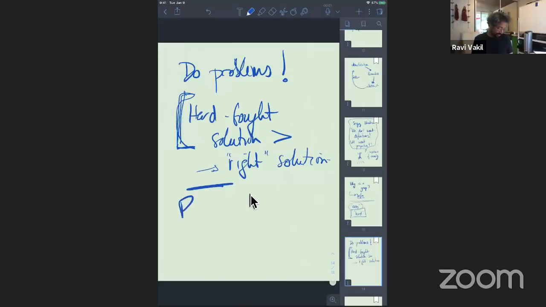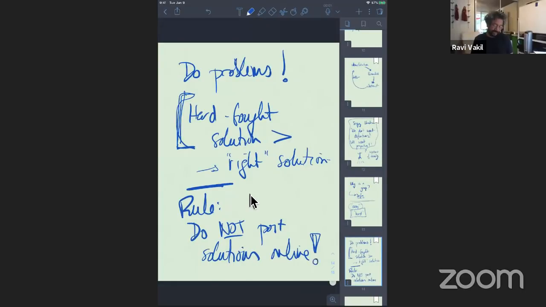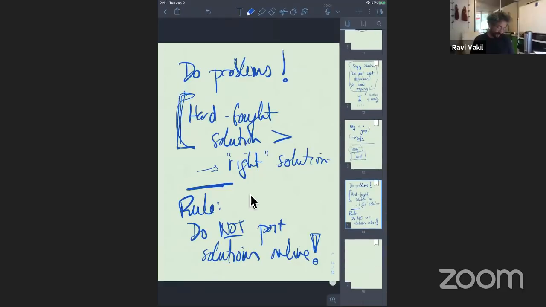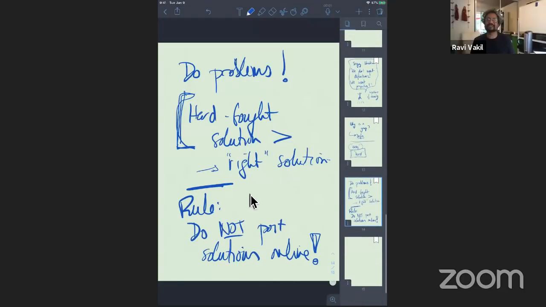And related to that is an important rule: please, when you're doing any of the problems, do not post solutions online. Why would you post solutions online? You're not actually helping anyone by doing that. You're actually hurting people, because it makes it possible for them to not struggle at something. Please don't, and if you find someone doing it, please ask them to stop. It's not because we need questions to grade people on, because there are no grades here. This is because we care about knowledge and mathematics. Okay, great.